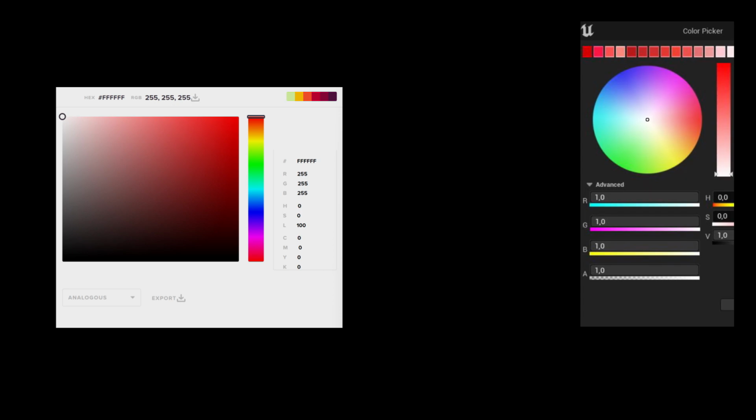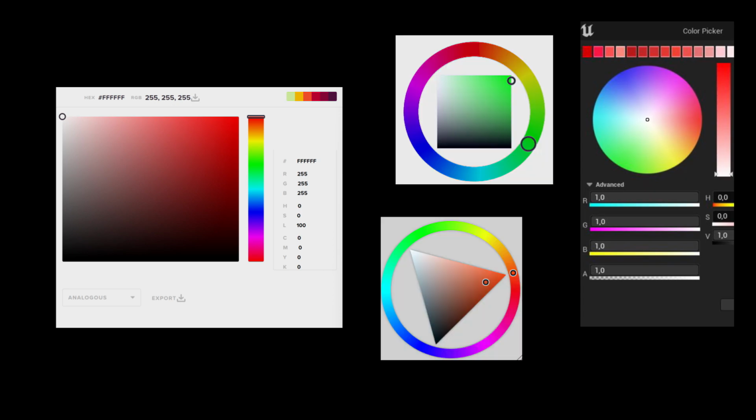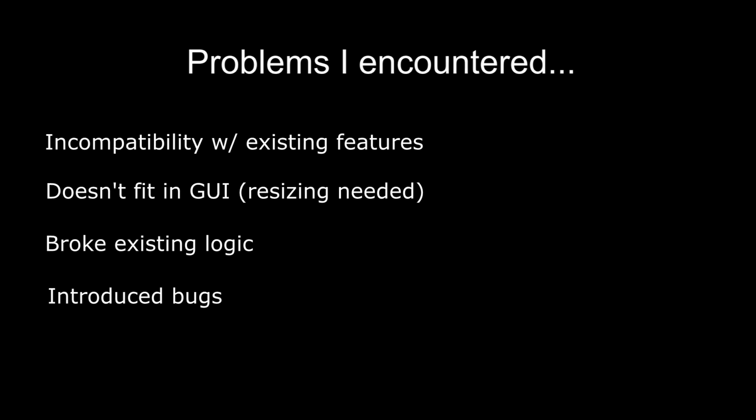I chose to do the graphical user interface first. The reason for this is because in my previous attempt, I learned that adding new features to the color picker later introduces problems that can affect the entire program. So I decided it was best to include all the GUI components required at the start.